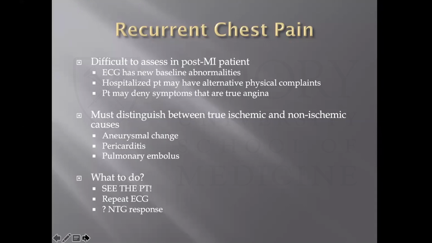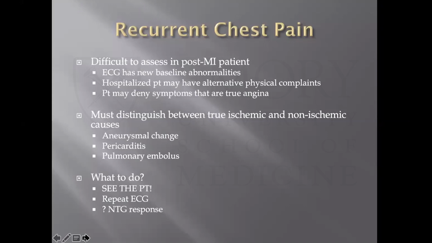You give them a big load of dual antiplatelet, and that may give them heartburn. Patients are in bed, they may start getting shoulder and back pain. I mean, there's a number of things that can happen. And again, you have to sort through the weeds to figure out what's real and what's not. Patients who are diabetic, or just present atypically to begin with, may have recurrent infarct or ischemia, and they may not give you the classic symptoms.